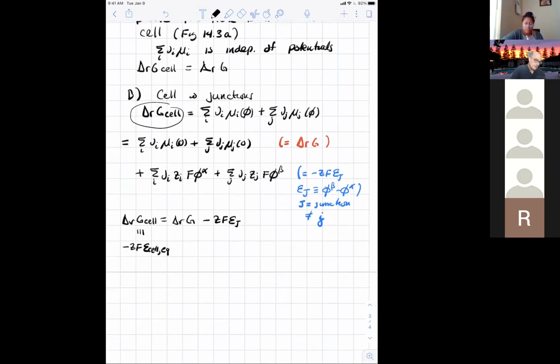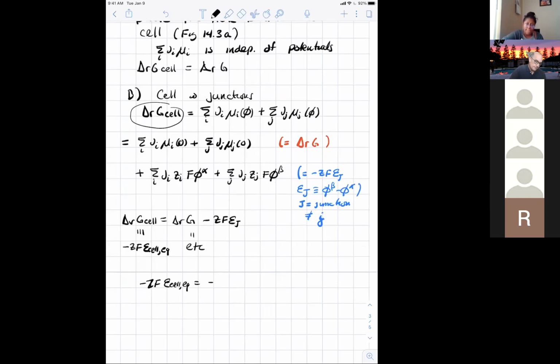And if we make the same connection to the non-cell or the free or the direct reaction, we can say that minus ZF E cell equilibrium equals minus,